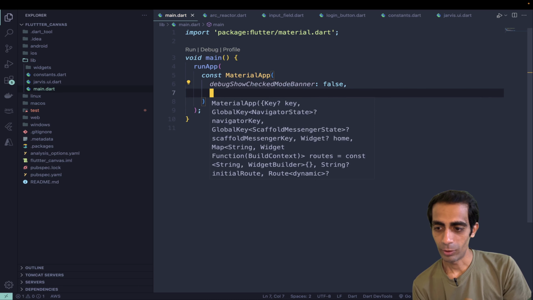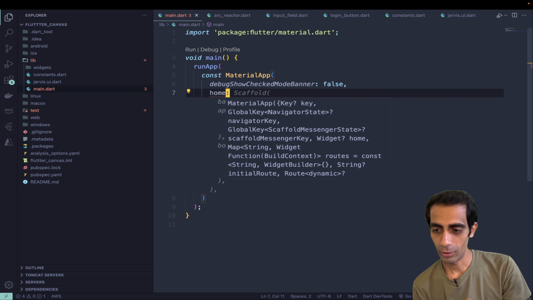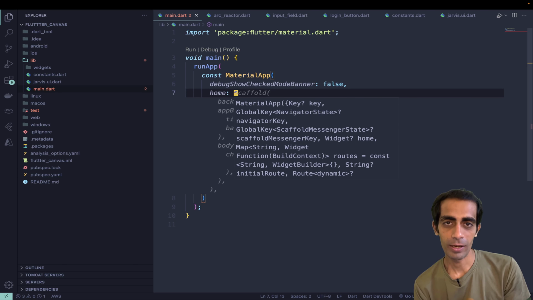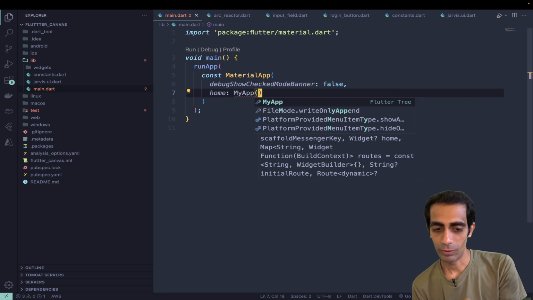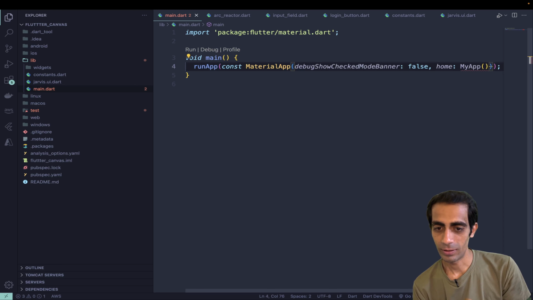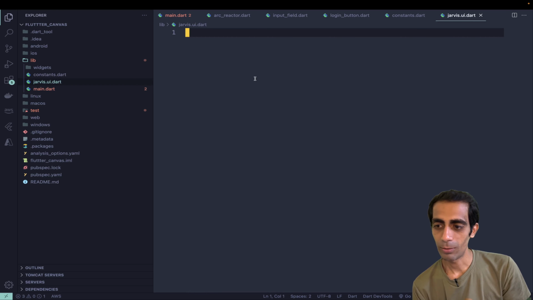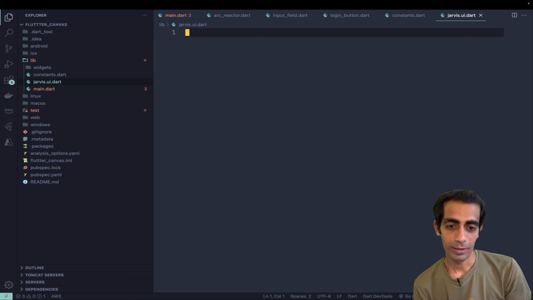After that I'm gonna use home, and inside home I'm gonna have my app name, which will be my app for now. That will change later. Let's keep it my app for now. And inside Jarvis UI, I'm gonna create that my app. Inside we are gonna define the entire main structure of